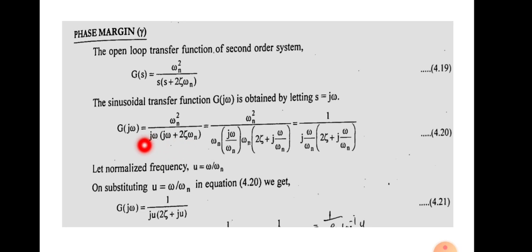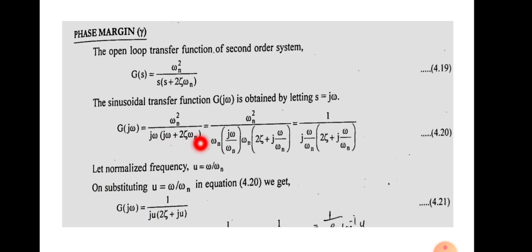And here, in order to introduce the term omega_n, we are multiplying and dividing each term with omega_n. So the first term will become omega_n into j omega divided by omega_n. For the next term, if we are taking omega_n outside, it will become omega_n into (j omega divided by omega_n